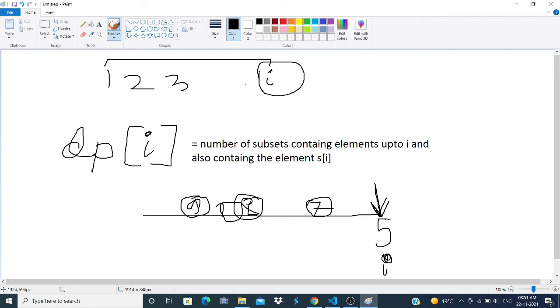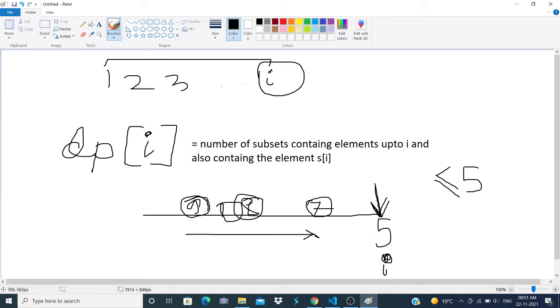Why? Because if you want to take the slipper at position I with size 5, the guest must demand a slipper with size lesser than or equal to 5. That guest will start searching from the beginning of the array.